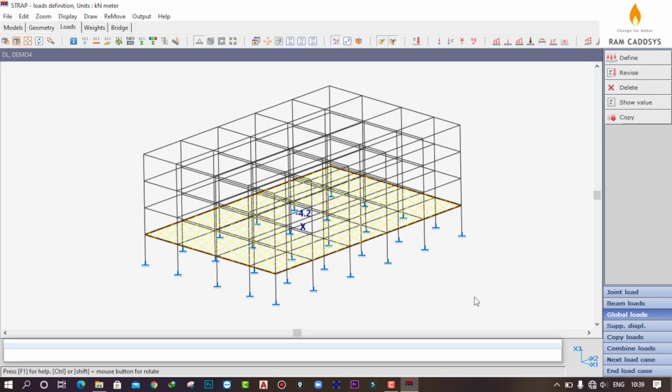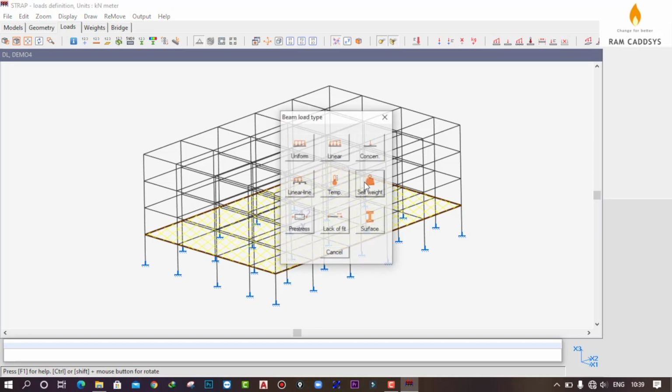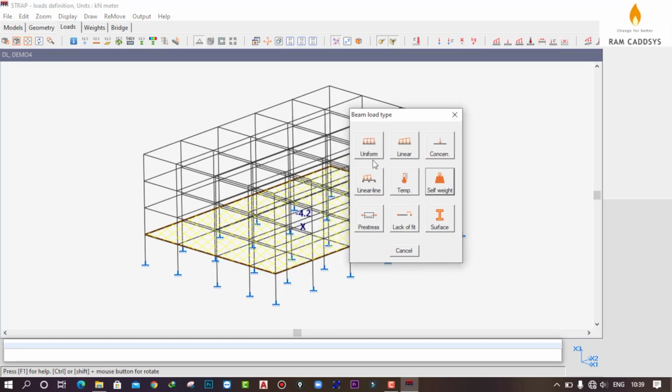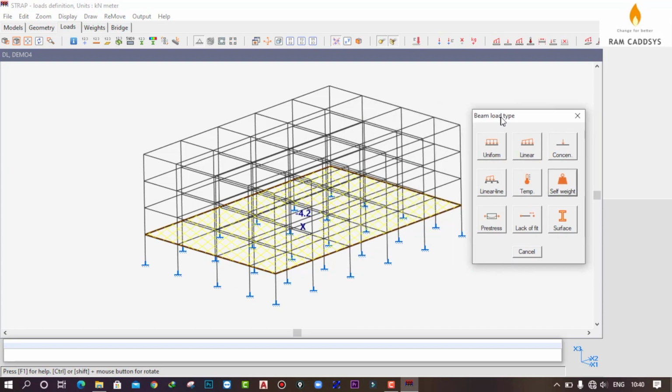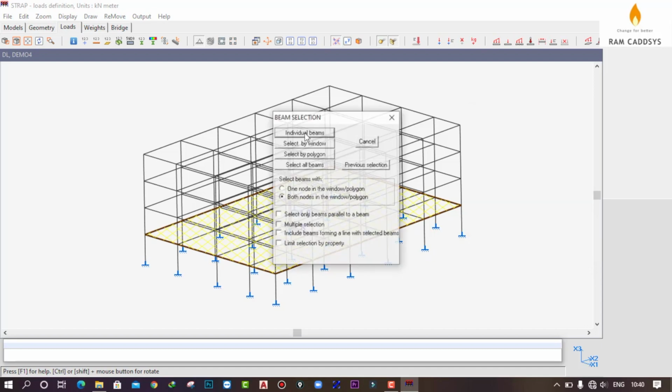Now I want to assign the beam loads. So what we can do, let's click on the beam loads and define, and I want the uniformly distributed load as the wall loads. Okay, the beam loads means the wall loads on the beam. So click on the uniform and individual beams and click on this one, multiple selection, because I will be selecting multiple beams.